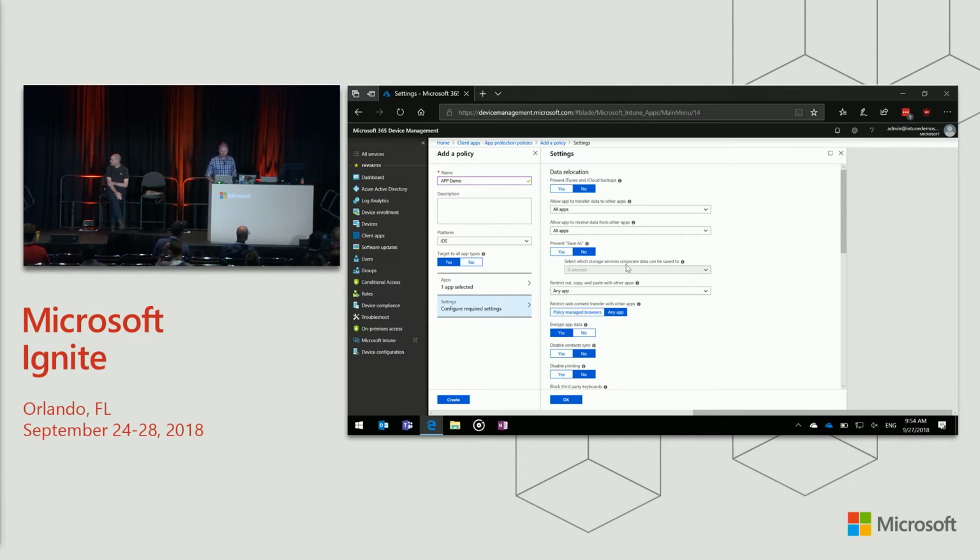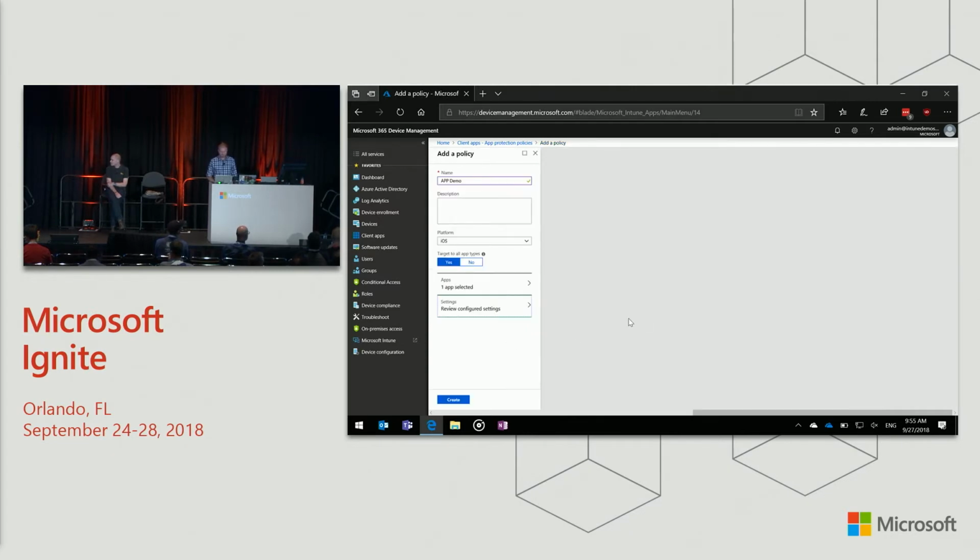But I just want to show you this quick one, which is prevent save as. So all I'm going to do here is say OneDrive for Business and SharePoint are the only 2 locations that I can save my corporate documents to if I receive an email in my corporate account. So if a partner organization sends me something from Gmail, that's a Word doc that lands into my corporate inbox, and I try and open it, I try and save it as to Box or G Drive or wherever it's going to be, the only options for them will be to save it to OneDrive. So if I click OK here